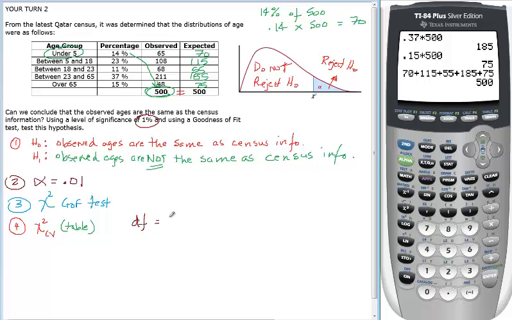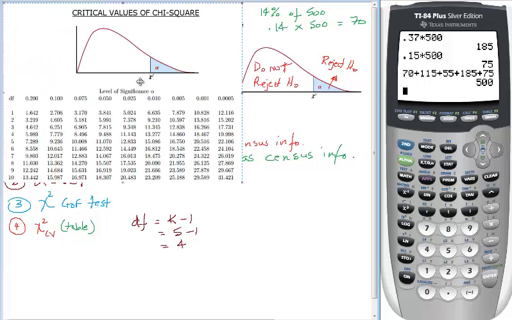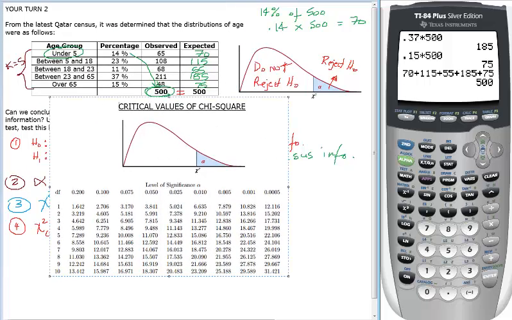Degrees of freedom is the number of categories k minus 1. And you can see right here, the number of categories looks to be 5. K equals 5. Yes, 5 it is. So 5 minus 1, the degrees of freedom is 4. Now, going to your table, so let me just bring up the table here. Okay, now you see your table. Now, we're looking for degrees of freedom of 4 with a significance level of 0.01. Okay, here's alpha, here's 0.01. And 4 degrees of freedom is right here, so our value is